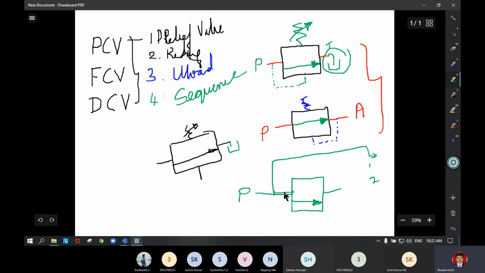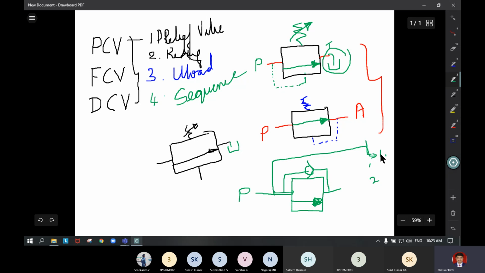So here we have to use one check valve. You should not bypass this one. The arrow mark of the check valve should be similar to your flow path inside the square box. That means the flow here is not going to the check valve, it has to pass through this. So it does operation number 1.